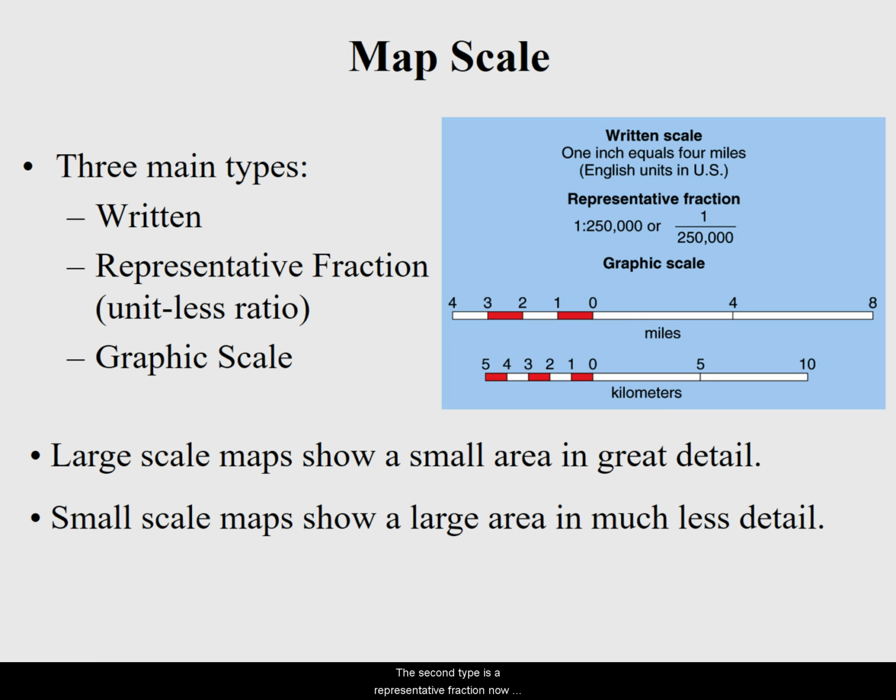The second type is a representative fraction. One thing that's unique about this is that it's unitless. For example, 1 to 250,000, or 1 over 250,000. So this is a fraction. The 1 represents the map, and the 250,000 represents the measurement on the Earth's surface. So for example, 1 inch on the map represents